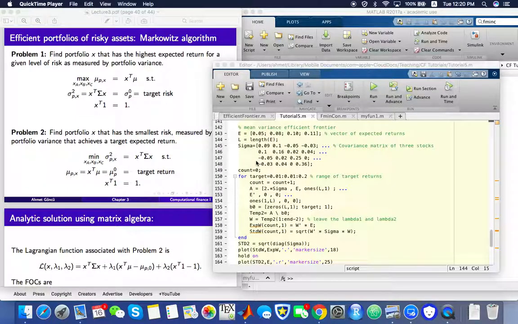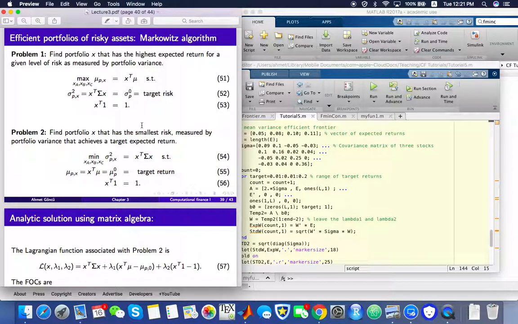We can conclude our Matlab examples by obtaining the plot of the efficient frontier. So in our last demonstration, we have seen how to calculate an efficient portfolio on the frontier by considering this second problem here, that is minimization of the portfolio variance for a given target return. So this obtained portfolio from this optimization is on the frontier because for a given level of target return, it has the lowest variance. So now what we can do is